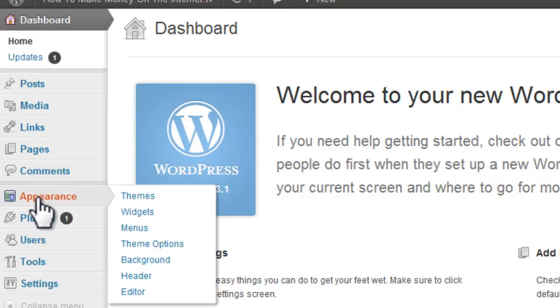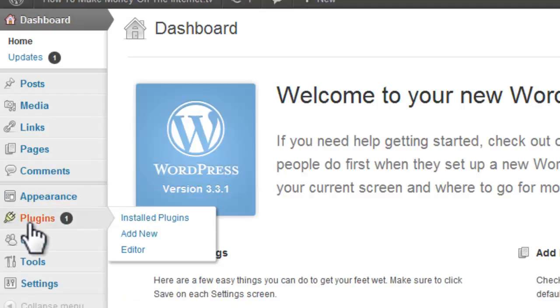Okay. You can alter the appearance, so you can alter the themes, the widgets, what appears in the sidebars, the menus, the background, the header, and we can even edit the actual code if we want to. We can install various different plugins which will do all sorts of things for us. Again, I won't go into any detail now, but